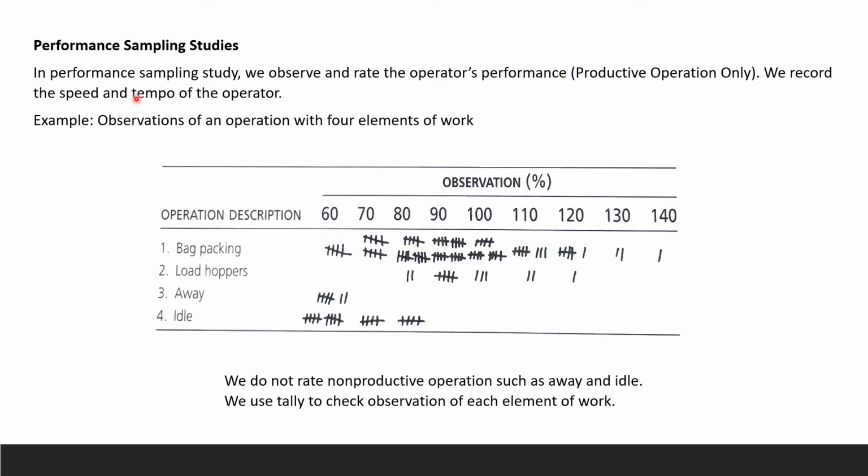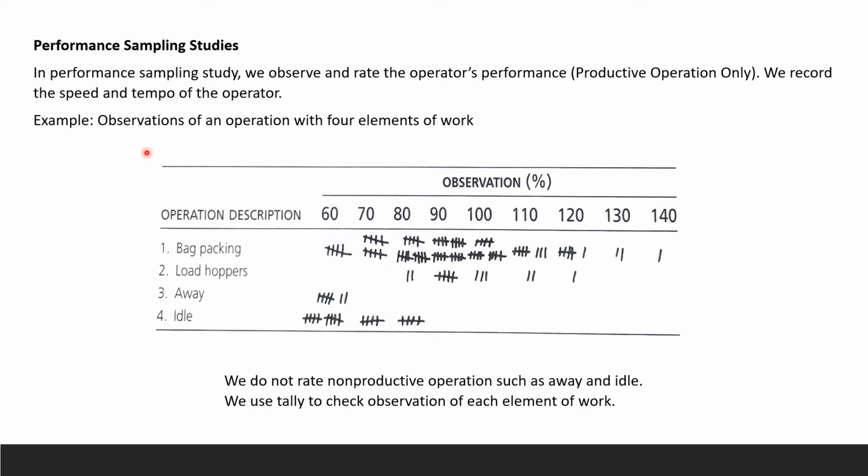So what are we rating? We're rating the speed, we're rating the tempo. So in our lab, we have the speed, but the tempo is messed up. None of the tempo are the same. So takt time is we're trying to make the workstation speed the same. In our lab for group 1 and group 2, we don't have that. The takt time is completely failed. You have your own takt, and none of your takt is matching. So it's not a very good assembly line, but then you get an idea for a short moment of